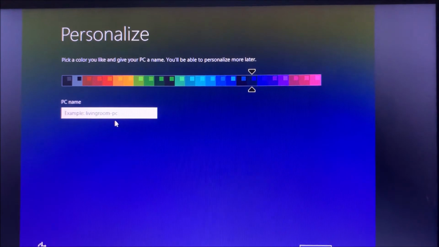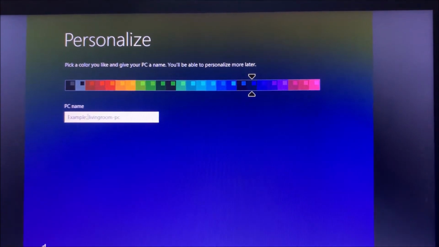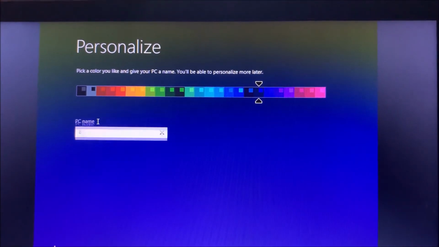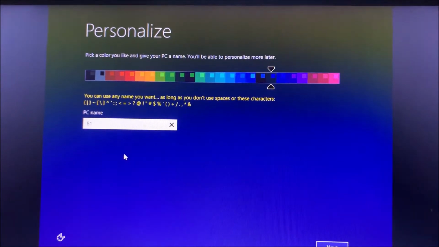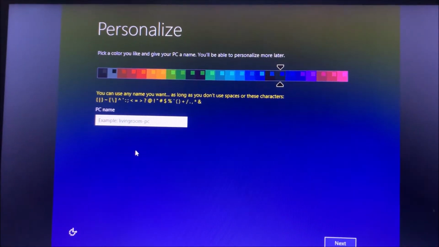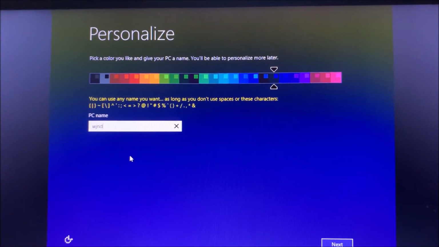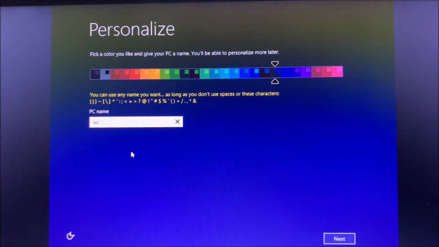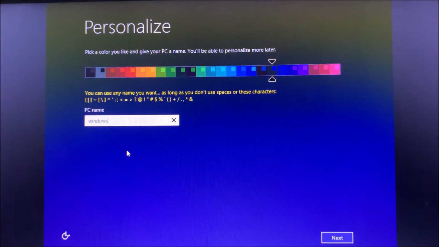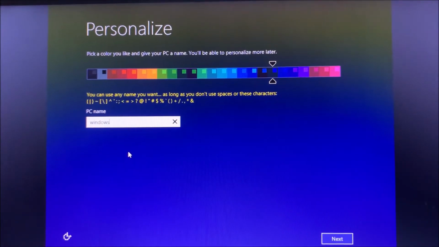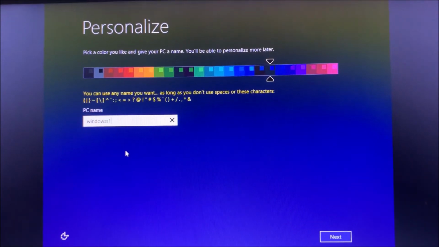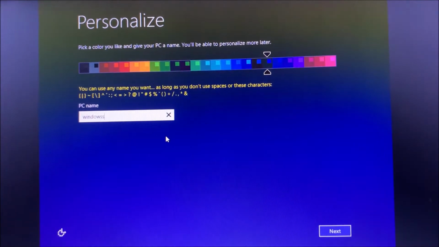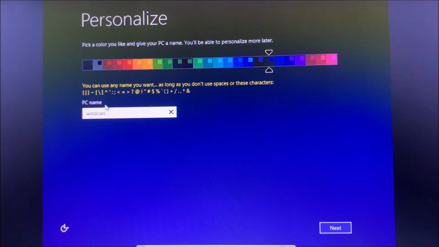I'll keep it as default and give it a PC name. I'll give it just Windows.